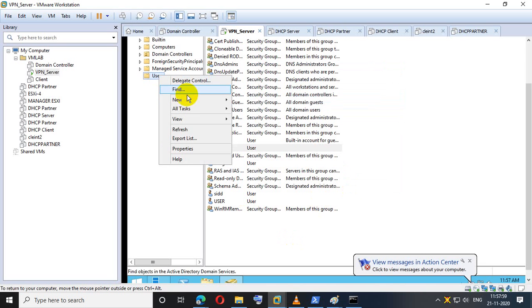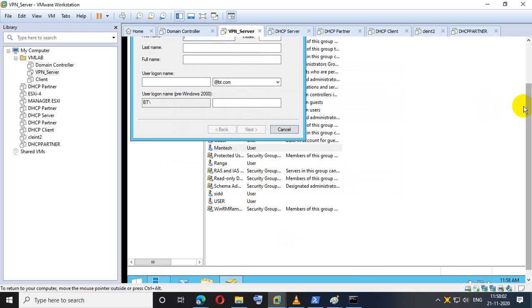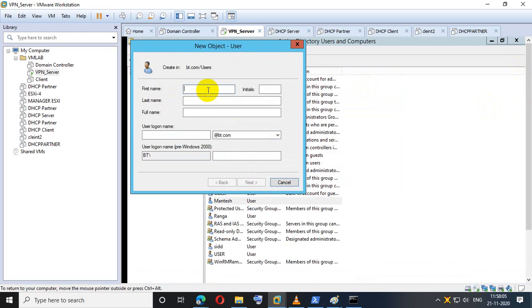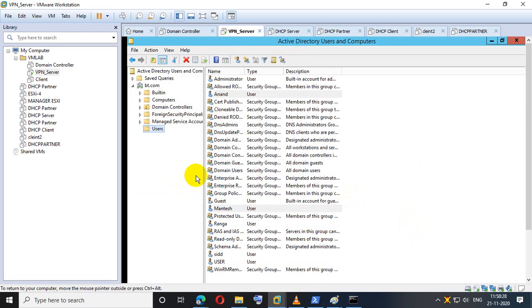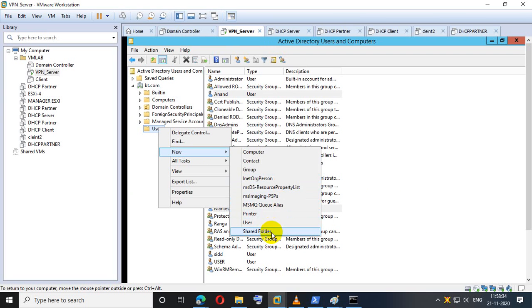Okay, and side by side I need one security group which is required for NPS, that means Network Policy Server configuration.